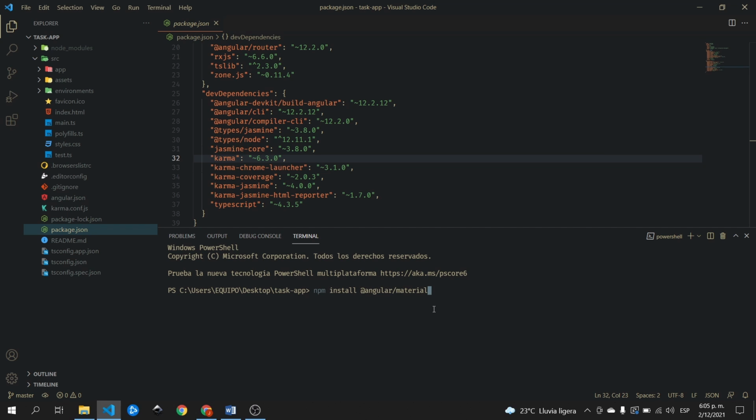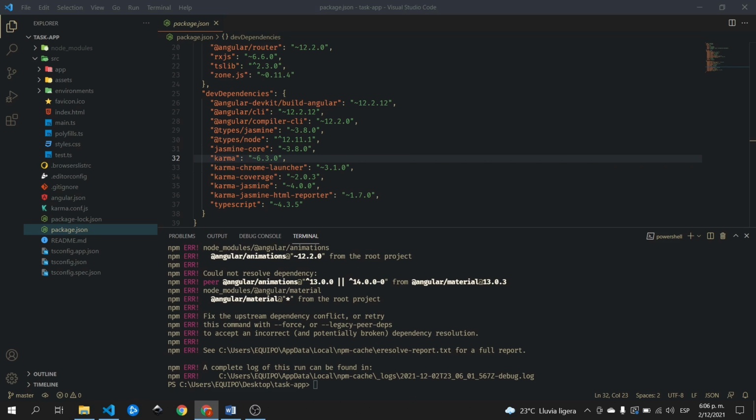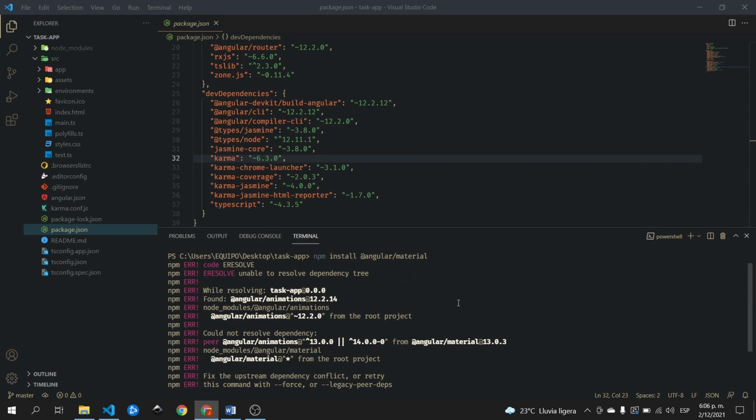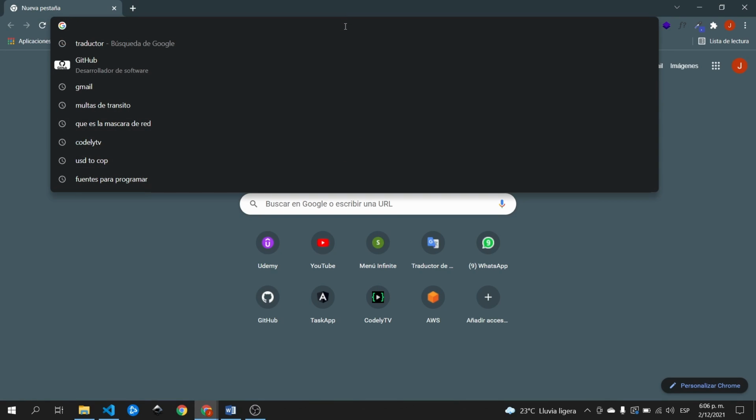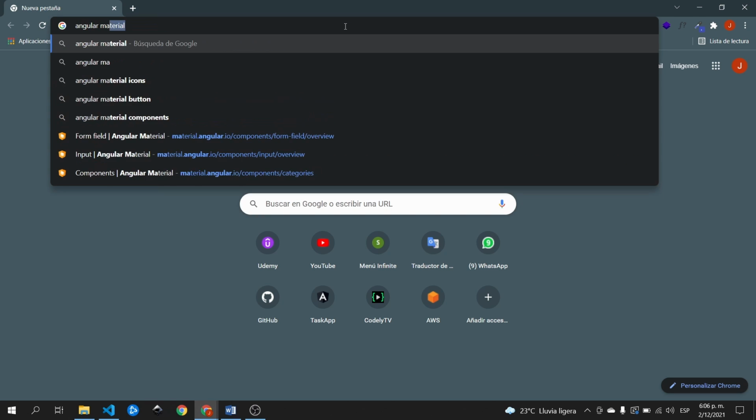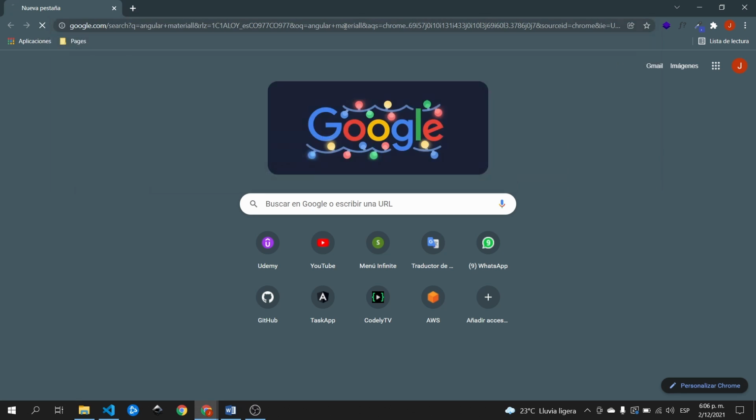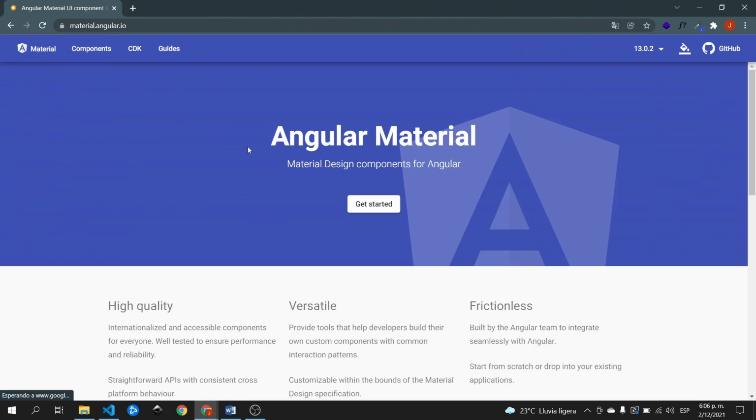To install, we are going to press enter and we need to wait for the dependency to be installed. So I have an error. I don't understand what the dependency is. To see that, we are going to go to the page. We are going to write Angular material, enter, and here